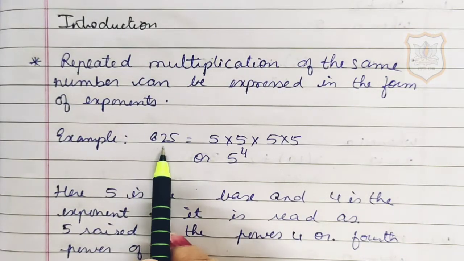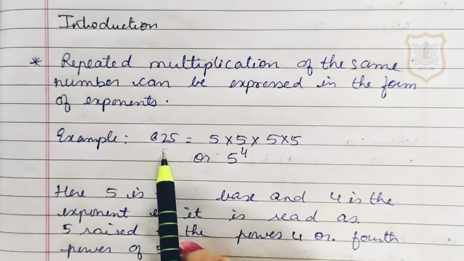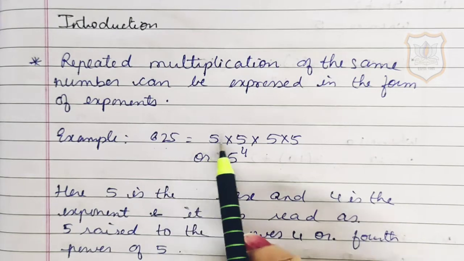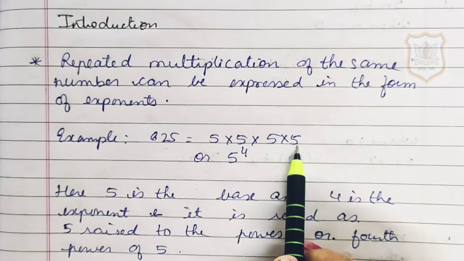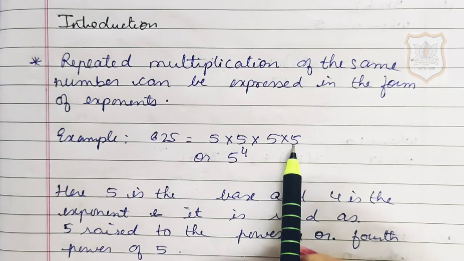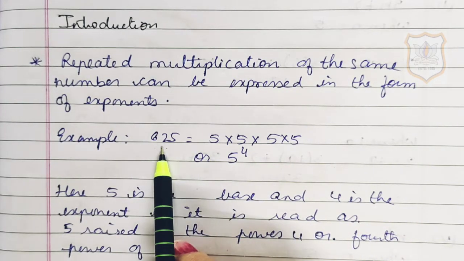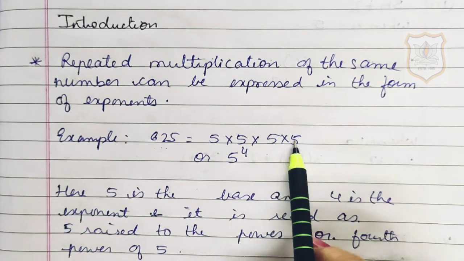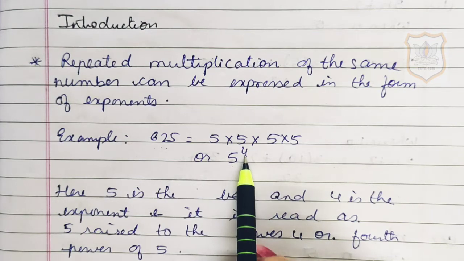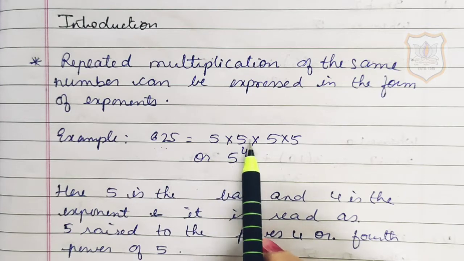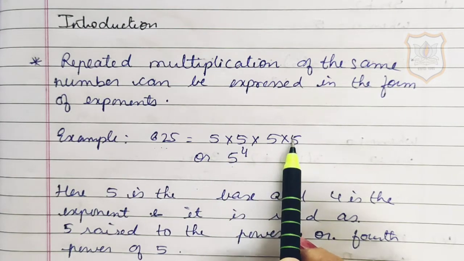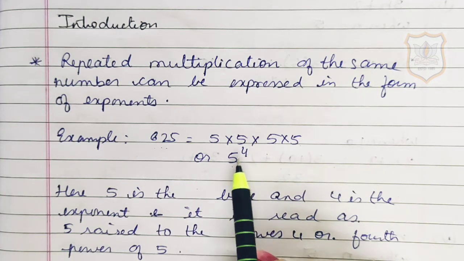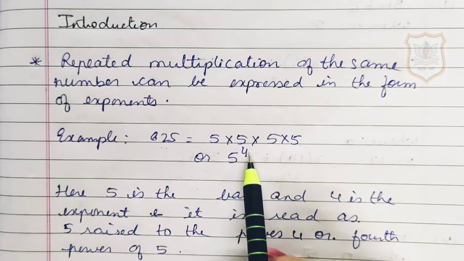For example, 625. If we find the factors of 625, then we can write it as 5 multiplied by 5 multiplied by 5 multiplied by 5. अगर आप 5 को 4 टाइम्स मल्टीप्लाई करोगे तो आपको आंसर मिलेगा 625. So in the place of 5 multiplied by 5 multiplied by 5 multiplied by 5, you can write 5 raised to power 4. ये 4 जो नंबर है वो जितनी बार जो नंबर रिपीट हो रहा है, जैसे 5 1 2 3 4 टाइम्स रिपीट हो रहा है, तो यहाँ पे आपको 5 के ऊपर 4 लिखना है. सो वी विल से इट एज 5 रेज टू पावर 4.